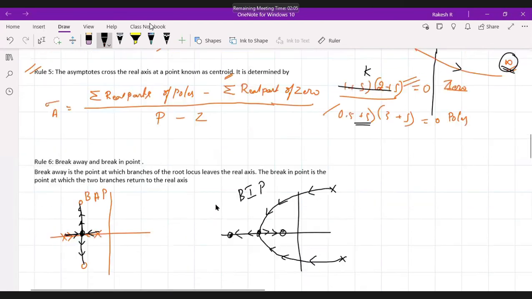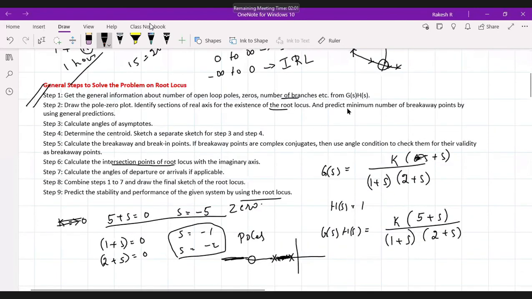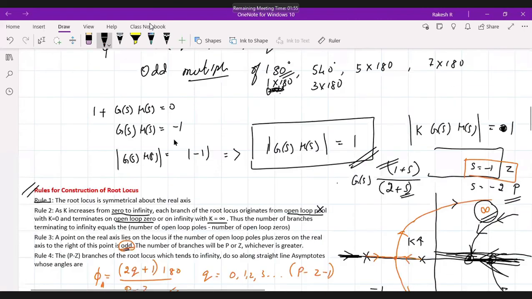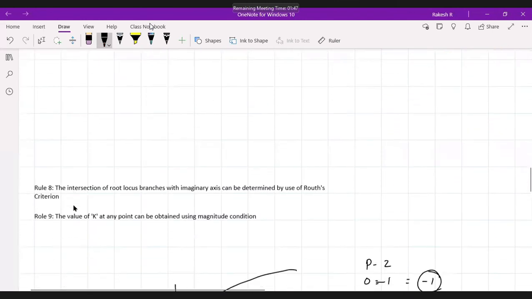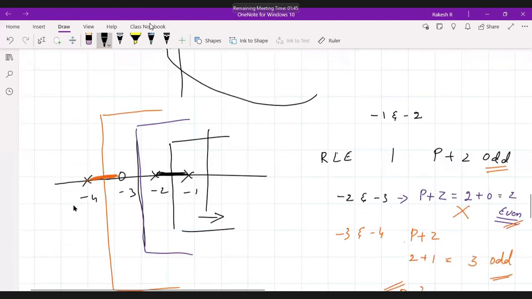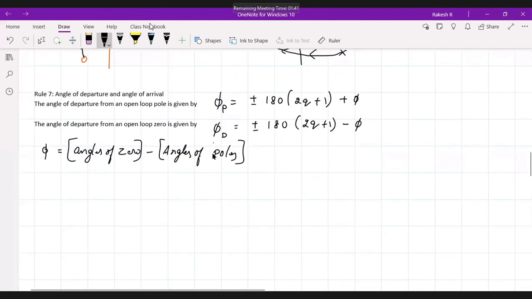But in the above case, whatever we had, we used to take for calculating P and Z here. In this, P minus Z is poles minus zeros here. Branches, whatever we used to find, it is poles minus zeros here. But here in this rule, it is angle of zero minus pole. In the previous thing, we had poles minus zeros. Here we have zero minus pole to find out the angle.